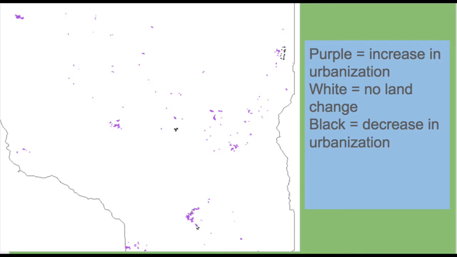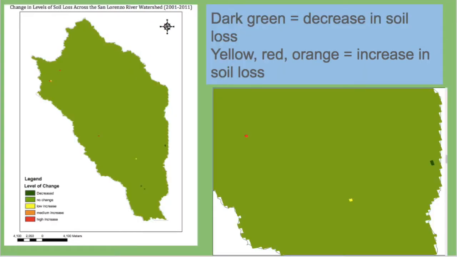Across the 10 years of study, only a small portion of the watershed was converted to land use types that increased erosion. Looking at the change in soil loss between 2001 to 2011, a total of 10 pixels in the map, or about 0.356 acres of the 128 square miles, changed in the amount of soil loss, and some points even decreased their potential soil loss in this time period.